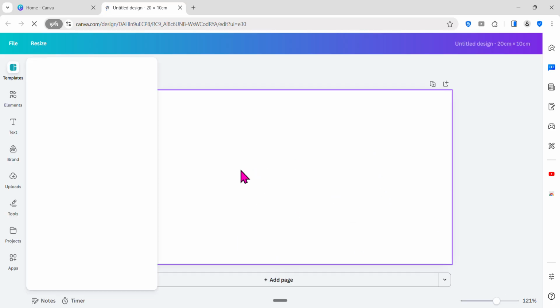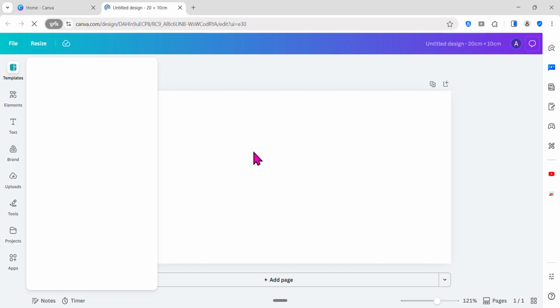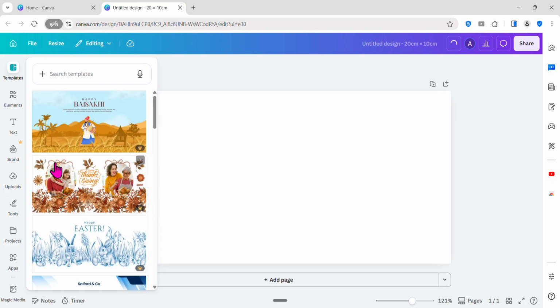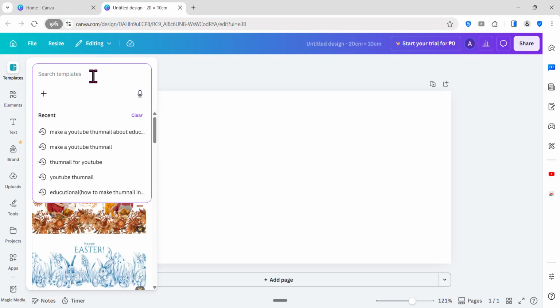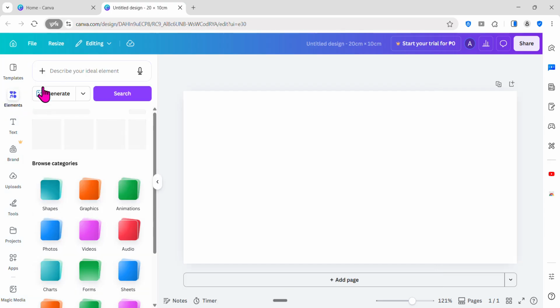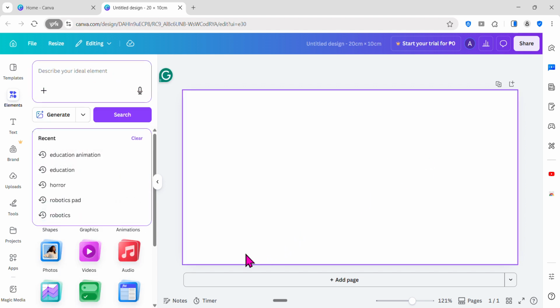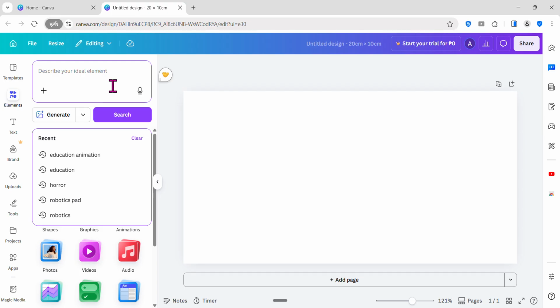So this is where you can create your own. This is an example. Just wait for it to pop up. Search templates or go here in elements and search whatever you want.